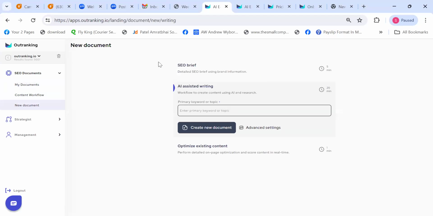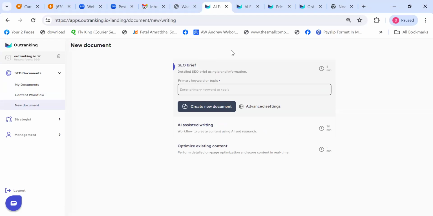Outranking provides three different types of documents. First is the SEO brief. Let's say you have a bunch of writers who are writing content for you manually or maybe using a couple of tools, and they would like to know what needs to be included in your content to optimize it by the time they start writing.